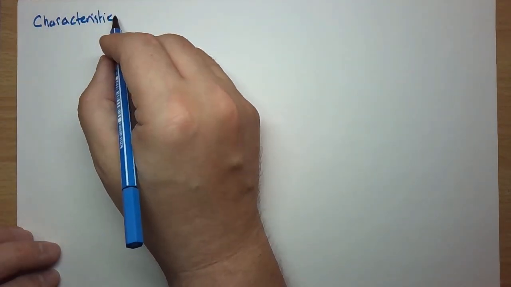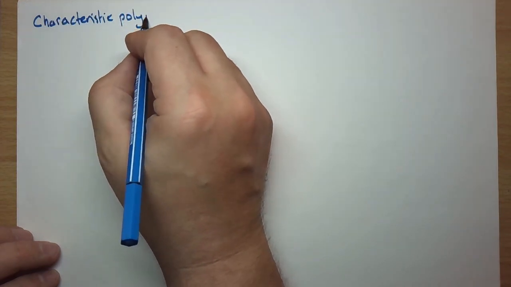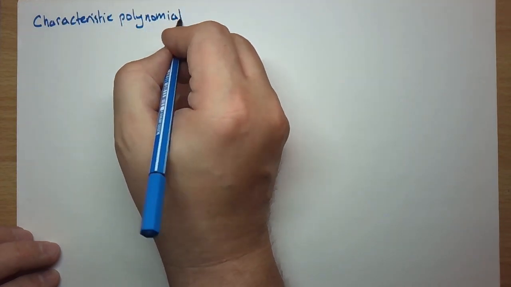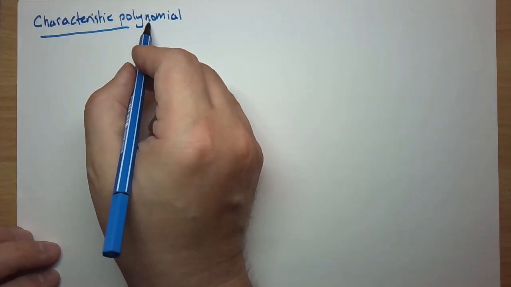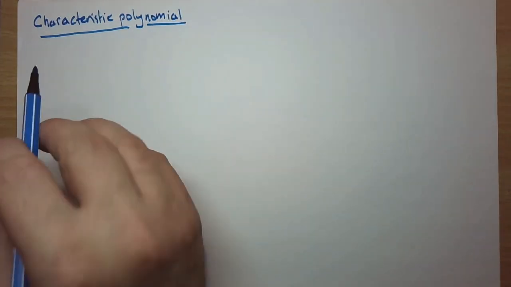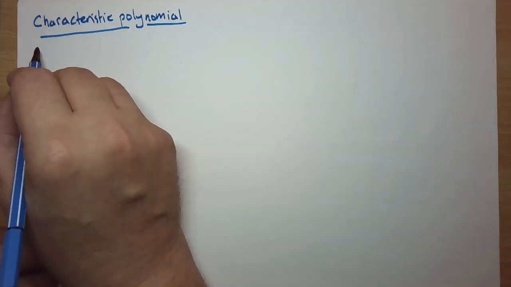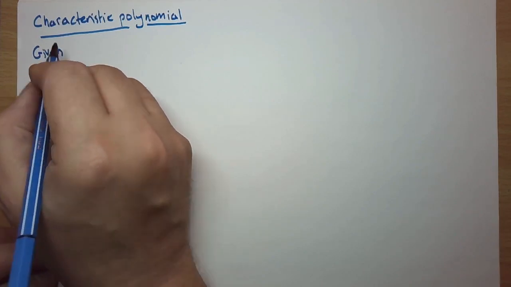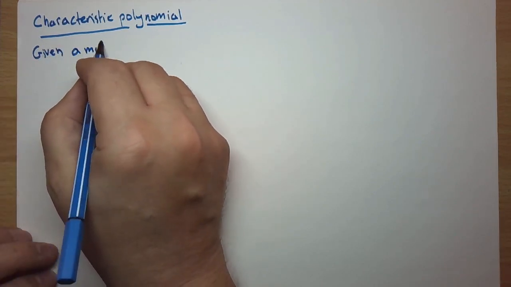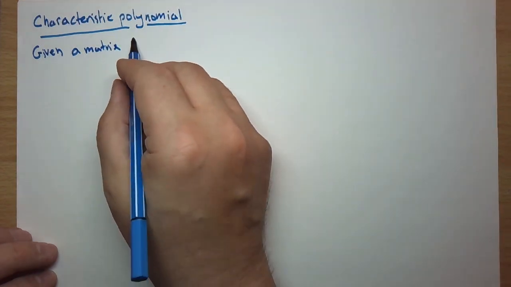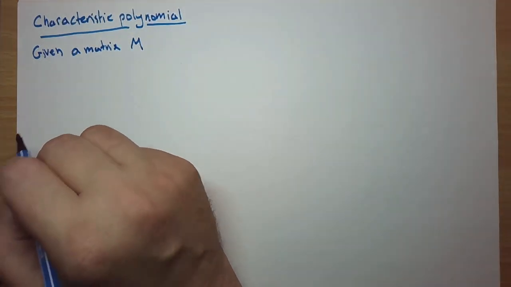So what's the goal for today? We're going to talk about characteristic polynomials. I think we've mentioned this before, and if you haven't, you're familiar with characteristic polynomials from linear algebra. So, in general, given a matrix M, and this is any matrix right now, just a square matrix,